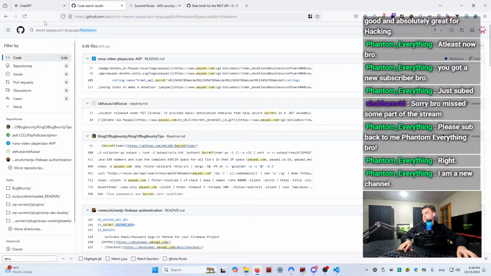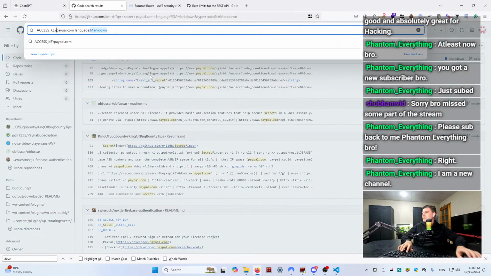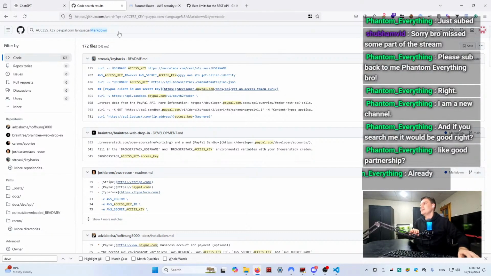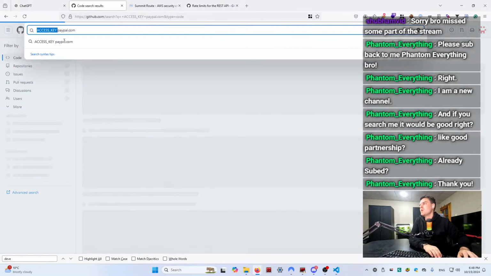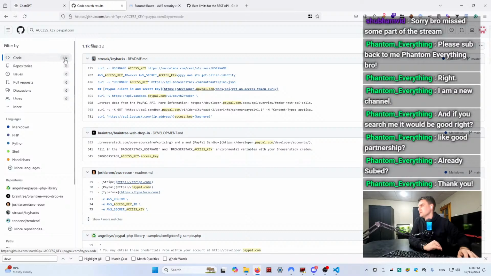Like access key, this one looks interesting. Yeah, in this case it might work. So I would instead use more specific keywords. Alright, there will be cases when it's over 1000. Still,